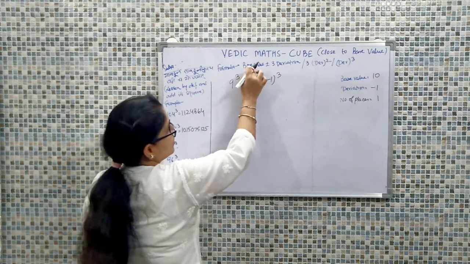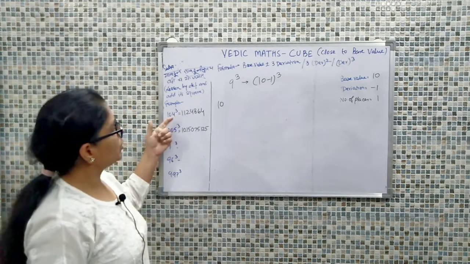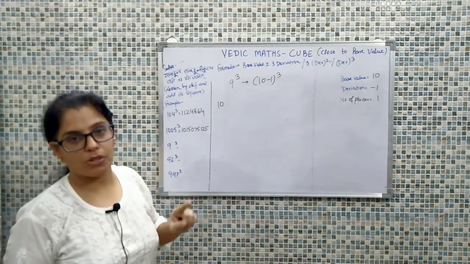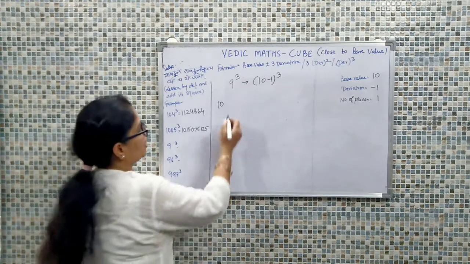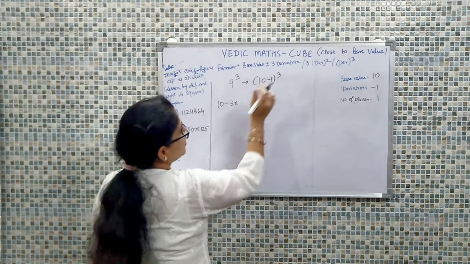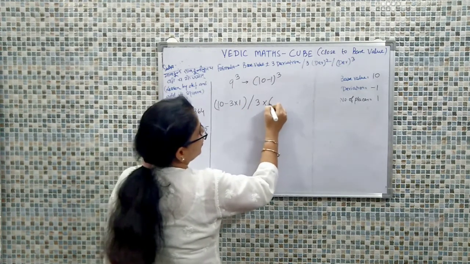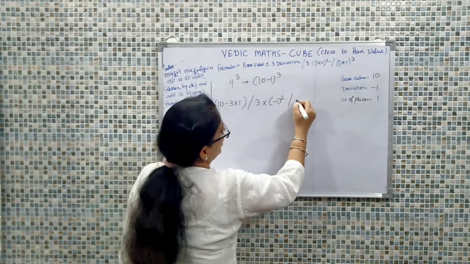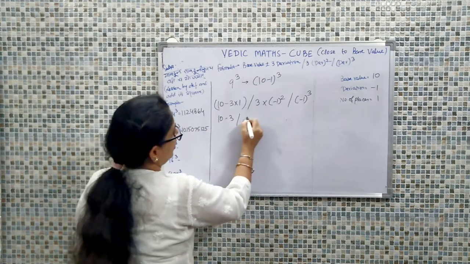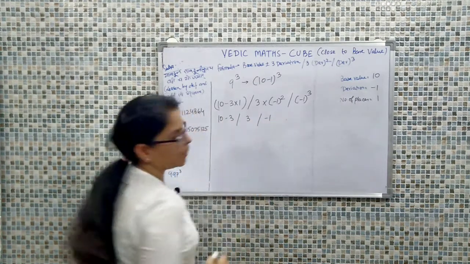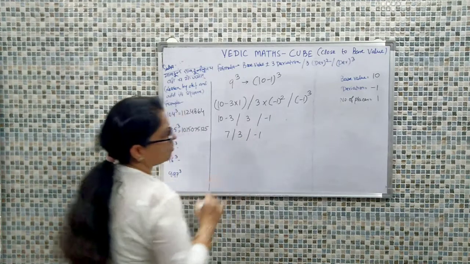Now going with the calculation using the formula, the base value is 10. As we have discussed, when we were talking about values above the base value, we took the positive sign, but when we have values below the base value, there we need to take the minus sign. So it is minus 3 into how much deviation? We have a deviation of 1. This is the first part. Then 3 into the square of the deviation oblique the deviation cube, right? So we have 10 minus 3, this will be 3 and this will be minus 1. 10 minus 3 is 7, this will be 3 and this is minus 1.